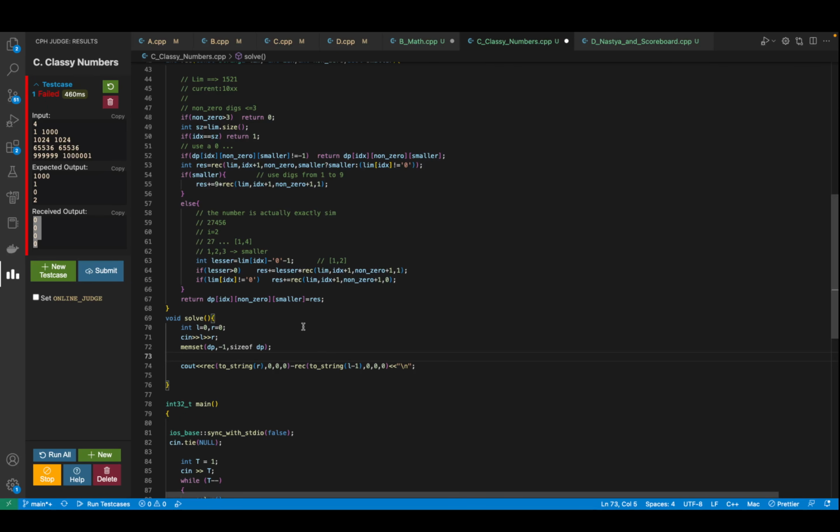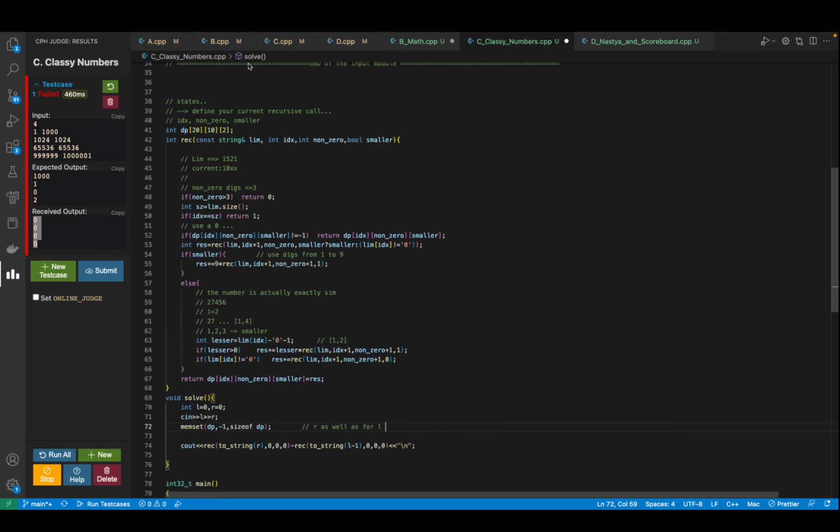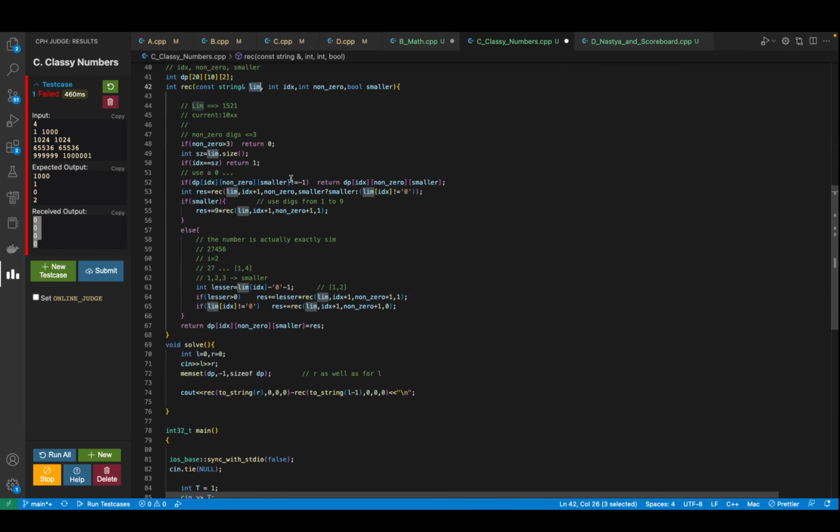The thing that's happening is that right now you're using this particular function for two numbers, for r as well as for l, but your dp function doesn't know what your l and r is, or what your limit is. So even once it had checked for r, it was using the same values for l itself. That is something you need to avoid.